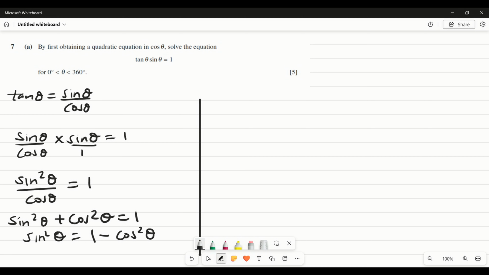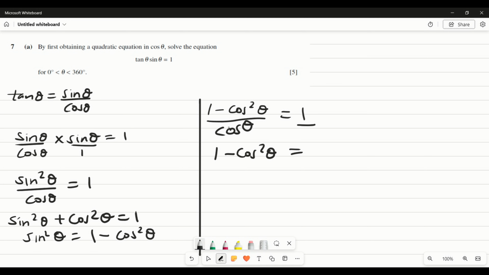So you can substitute in this equation. In place of sine squared theta, we put 1 minus cos squared theta, over cos theta, equals 1. This is over cos theta, please take note of that. So you'll end up having 1 minus cosine squared theta